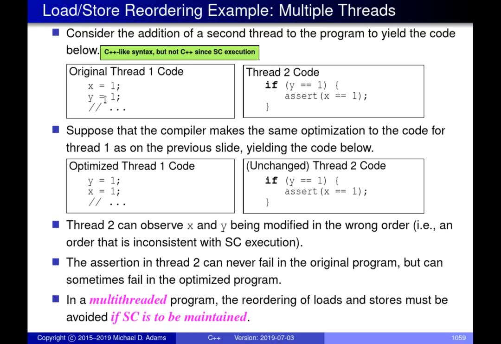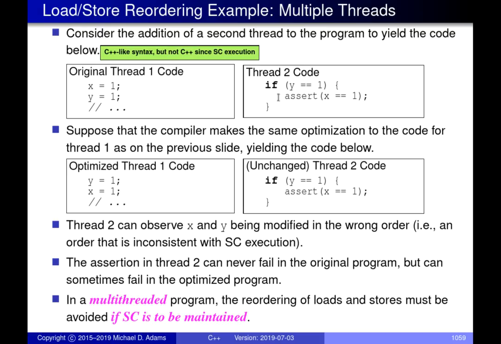So the only way it could fail is that we set y to 1, and yet x is not equal to 1. But no matter how we try to reason about this, if we're executing this code in a sequentially consistent manner, if y is set equal to 1, then x always must be set equal to 1, because the only thing that ever sets y to 1 is this thread. In order to get to this line, if the machine is sequentially consistent, this first line must have executed, which means x must be 1. So there's no way in which this assertion can ever fail. If we're running this on a sequentially consistent machine, we know for sure that an observable behavior of this program cannot possibly be that the assertion fails. Does that make sense so far?